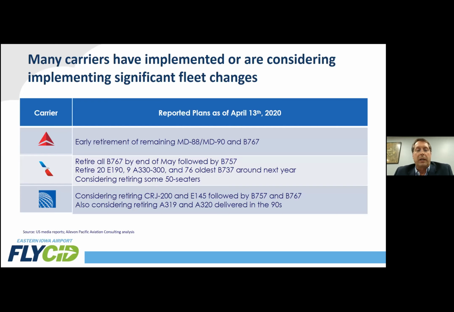So significant changes, of course, in the big three. And this is where we really get a lot of our connectivity from. So we talk a lot about Delta, American, United, and those three represent roughly 80% of all domestic capacity. So they are the big players. They are parking aircraft and retiring aircraft at a rapid rate, all three of them. So each one of those carriers we expect to be much smaller when we recover from COVID than we were going into it.